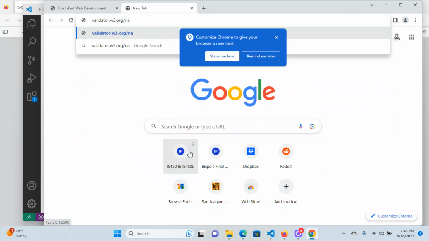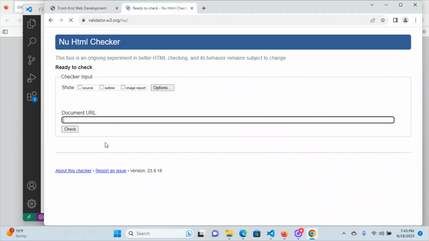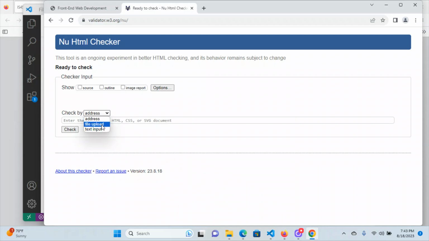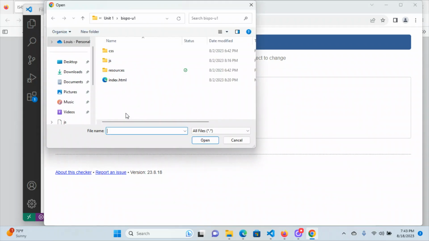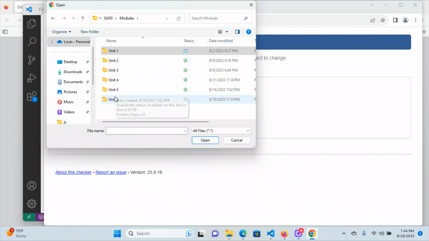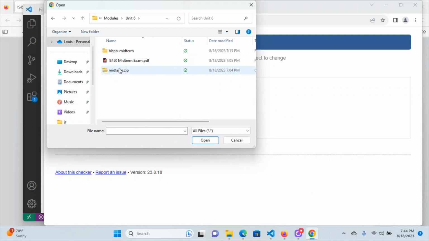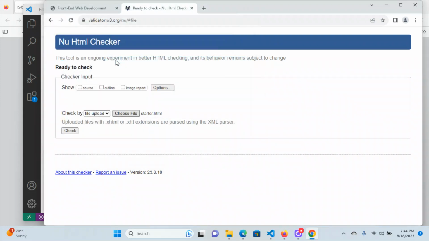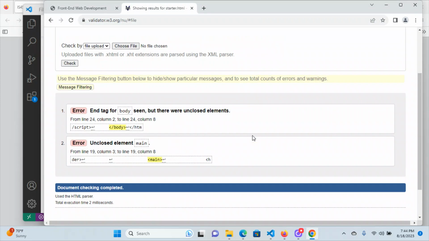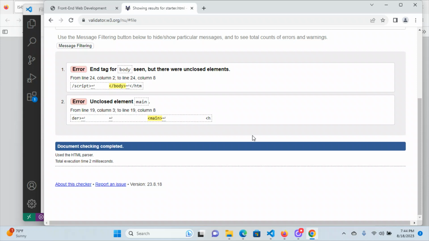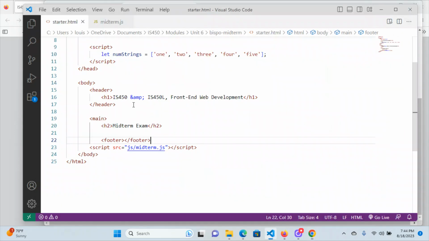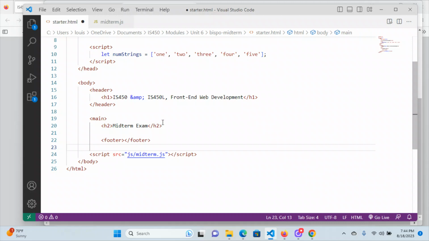So I'm going to go to validator.w3.org/nu. And I will go to File, Upload, and pick my file. Oh, all the way in Unit 1. That's the last time we did this. And where am I? Unit 6? Yeah. And I'll go ahead and just check this out here. And, oh my goodness, there's errors in this document. There were unclosed elements, and it tells me which one was unclosed. Unclosed element main. So I think two or three of you figured this out,